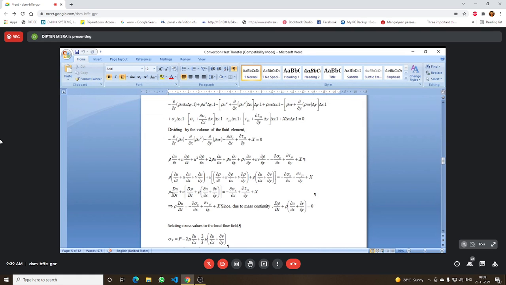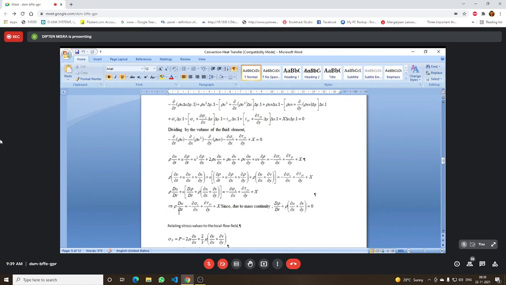So what will remain is rho Du Dt. This is basically acceleration in the x direction. Du Dt is acceleration in the x direction multiplied by the density. What is density? That is mass per unit volume. So it is the force per unit volume, the force causing the acceleration Du Dt along the x-axis, and that is because of acceleration into mass per unit volume.